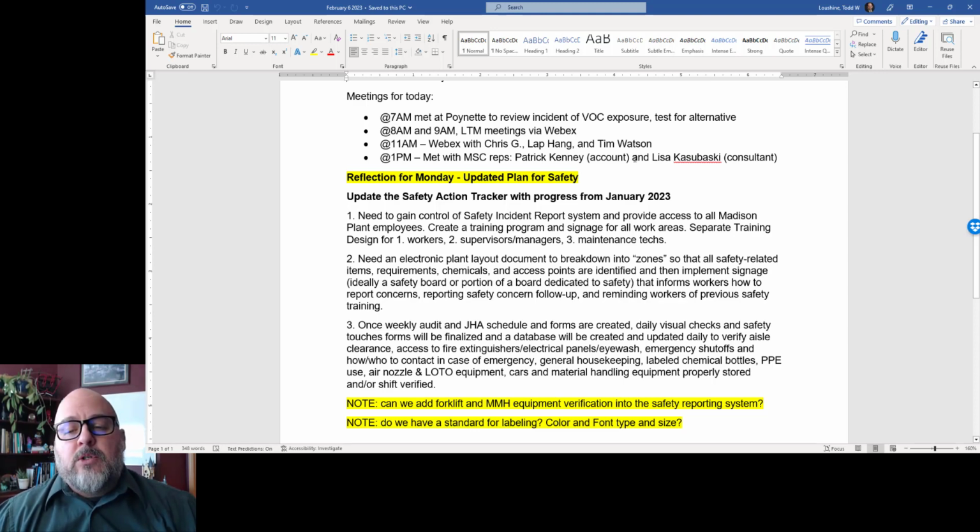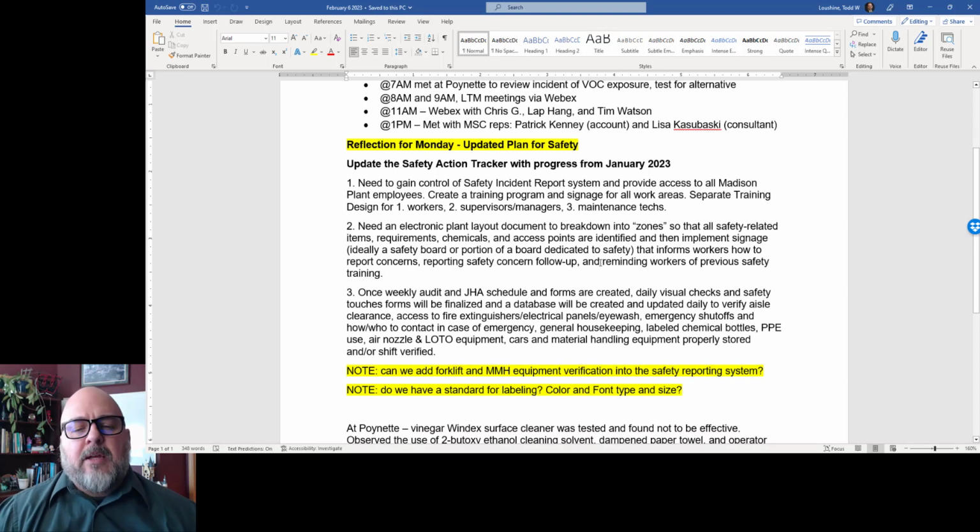And then two people came from MSC, and they provide a lot of our safety equipment, PPE, things like that. And so I got to walk the plant with them, and we talked quite a bit about what they could provide. And actually, I already took advantage of our relationship in a topic that came up with an employee who wanted heat-resistant gloves. And I was able to acquire samples, so free, for him to try out. And he was really thankful for that. And it was a quick turnaround. He asked me, and the next day I already had the stuff, so pretty cool.